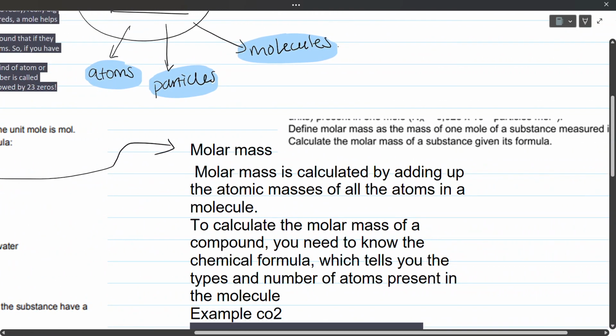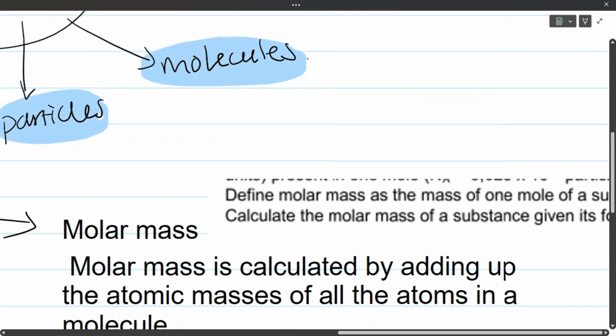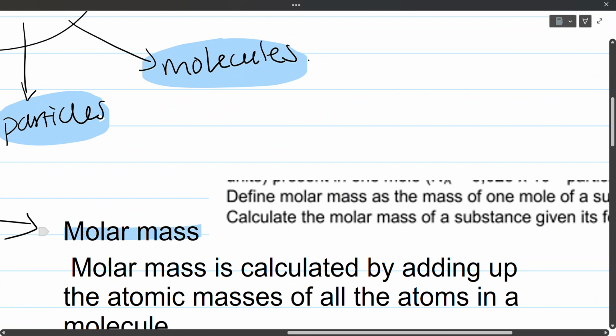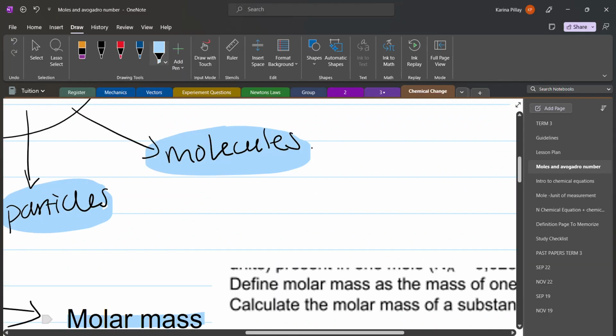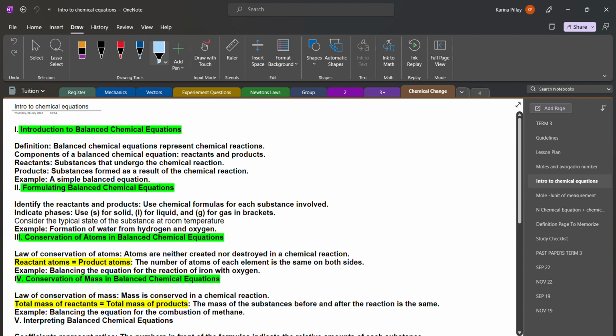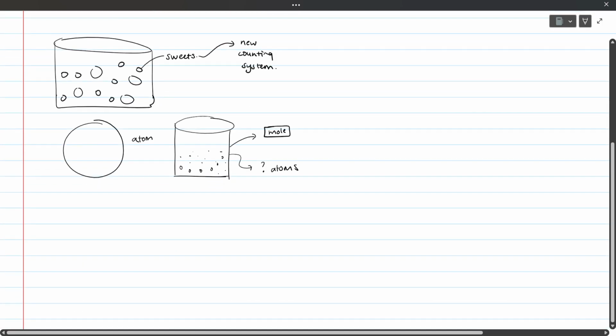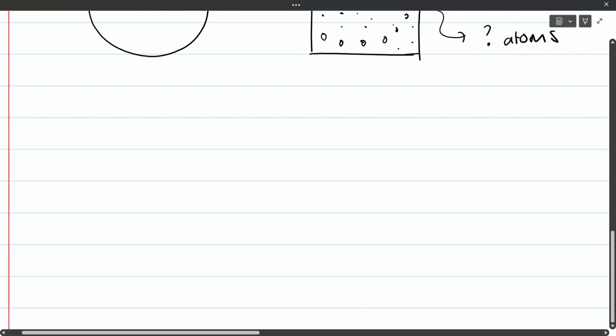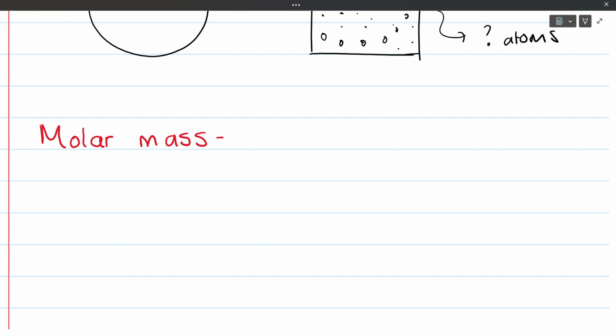So the next thing we're going to talk about is something called molar mass, right? You may have come across this again in grade 10. And molar mass, let's just open up a new page so you can write notes as well. Alright, so if we want to talk about what molar mass is, your guideline definition defines molar mass as the mass of one mole of a substance